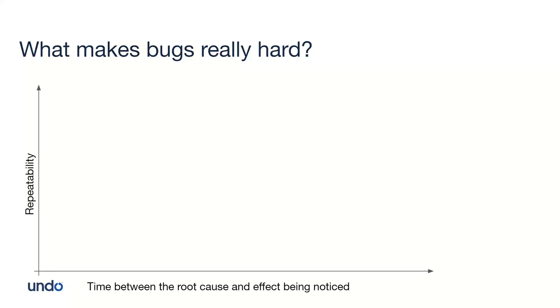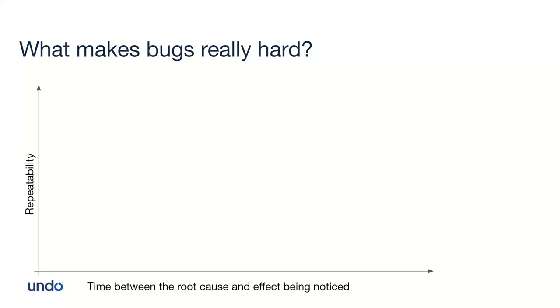So the assertion fails, or there's an unhandled exception, or you generate some bad output, whatever the manifestation of the bug is. How far before that, how many millions or billions of instructions have executed prior, between the actual bug and anybody noticing? And obviously, the longer that is, the harder it gets.